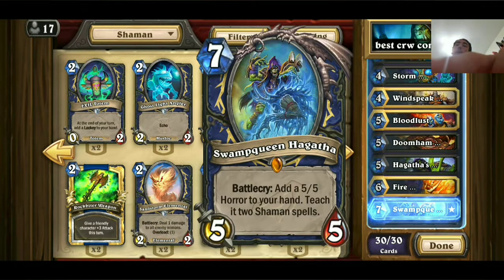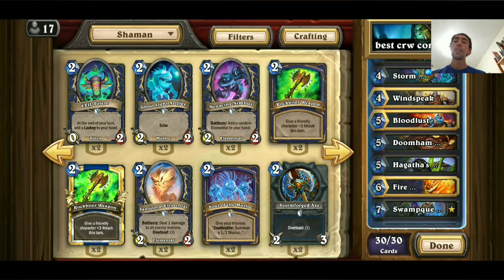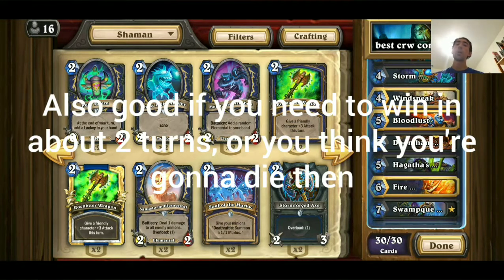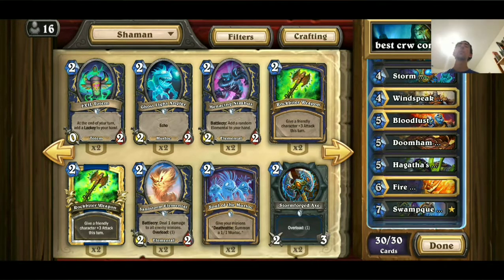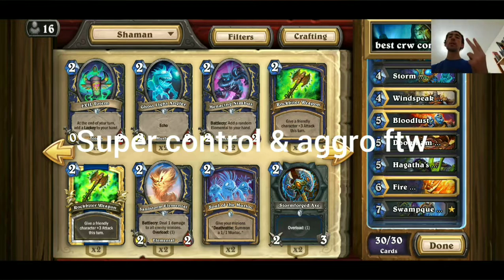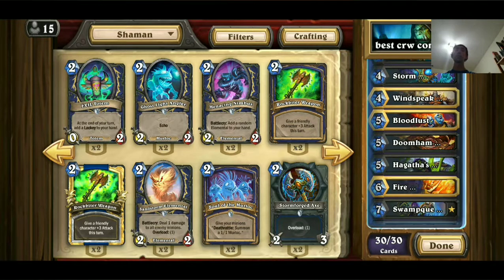And then we get Swamp Queen Hagatha. Now this card is not very great for completing the quest, because the quest should already be complete by the time you get to Swamp Queen. But if it's turn 9 and you can afford the time, you could get a hero power going up and get 2 horrors to your hand. And when you add those horrors to your hand, you could have them play whatever spells you chose them to play twice, which means a Bloodlust and a spell damage to face, or